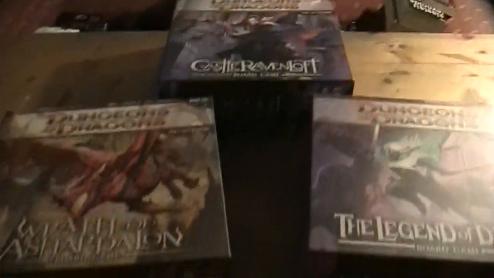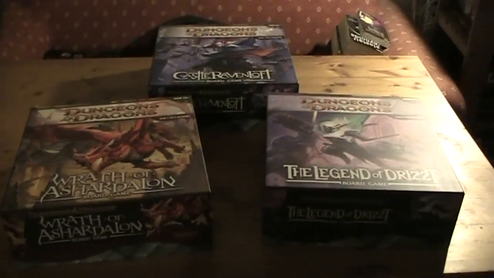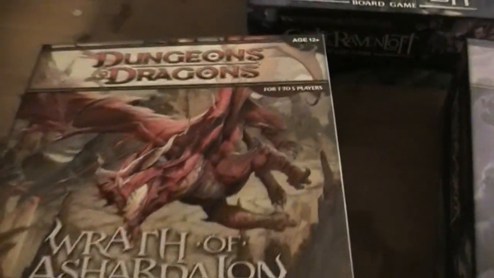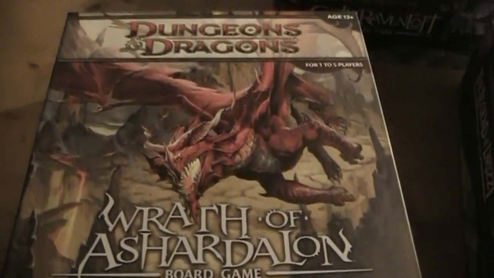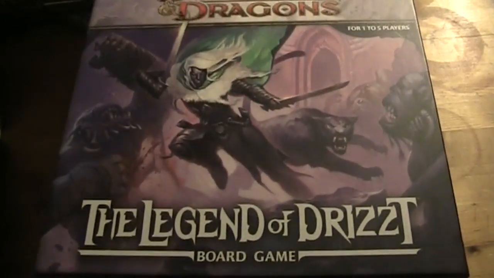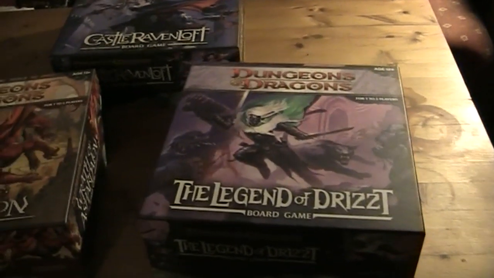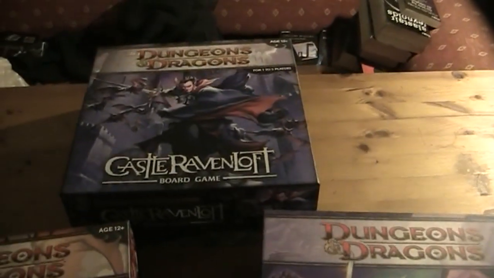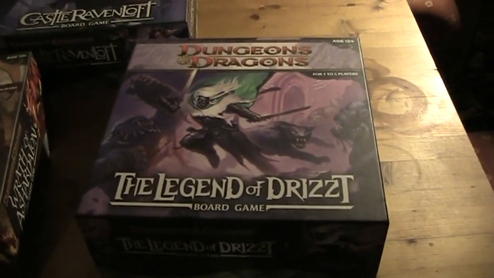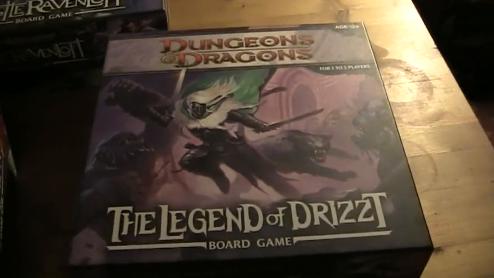And this adventure system consists of 3 different games. We've got here Castle Ravenloft, we've got Wrath of Ashardalon, and The Legend of Drizzt. Each game comes with, I think, 13 scenarios, lots of monsters, treasures, characters,